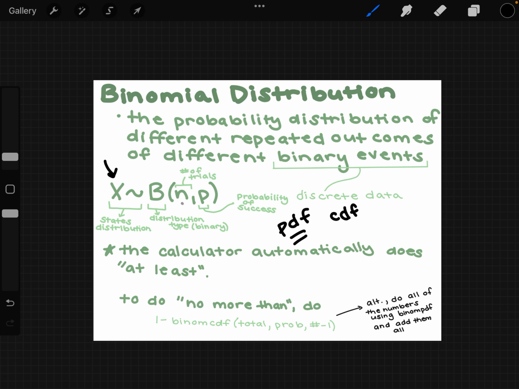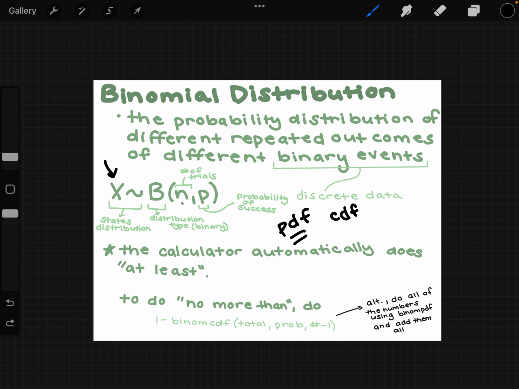PDF is going to give us one specific situation. So it's asking if you roll a die 3 times, what is the chance of having exactly 2 number 6s? In that case, we're rolling it 3 times, so our total would be 3. Our probability would be 1 over 6. And ignore this for now, but our number would be, we want exactly 2. That's what we would use in our binomial